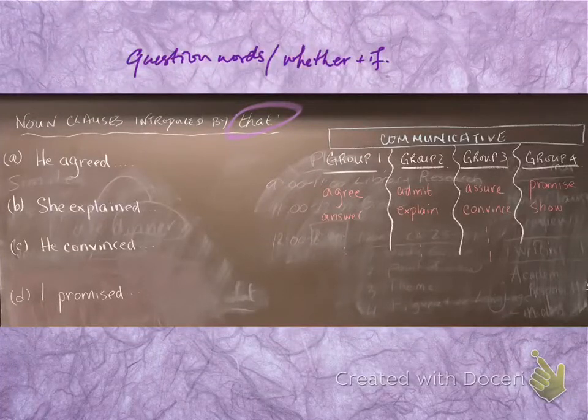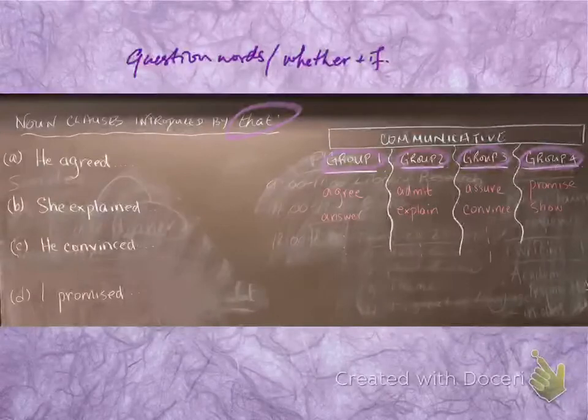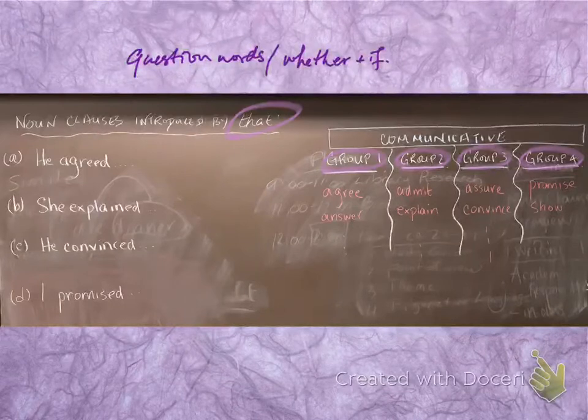When we start talking about noun clauses that are introduced by that, we need to separate them out into different categories. So here we have group 1, group 2, group 3, and group 4. When we look at the kinds of words in each of these categories, words like agree, answer, admit, explain, assure, convince, promise, or show, we use these words